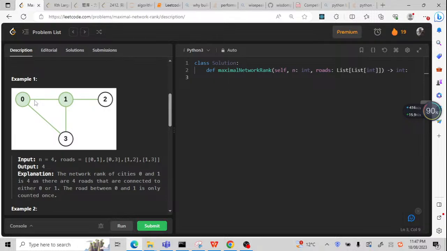Or we can also choose the 0 and 1 pair. If we choose the 0 and 1 pair, for 1, there are 3 edges connected. For 0, there's another edge connected to 3. So the final result is 4. So how should we approach this kind of problem? Normally, we need to check the situations. We need to